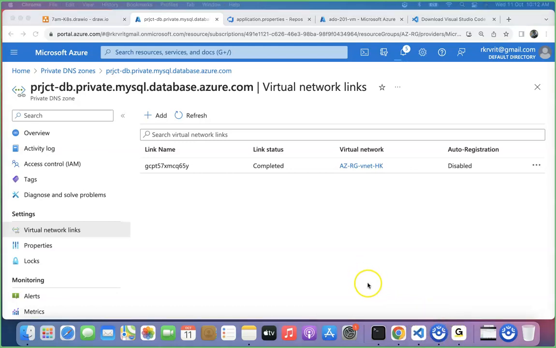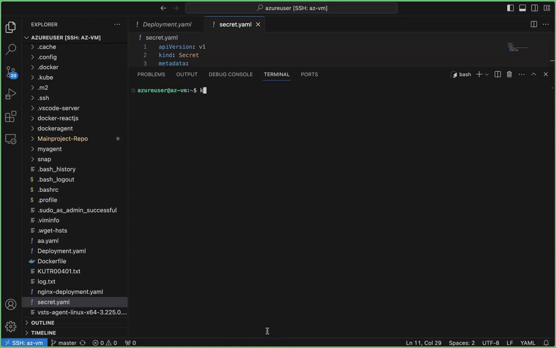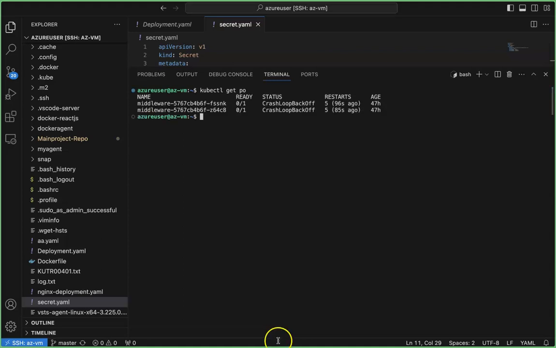Go to Visual Studio Code. This is a communication link failure, meaning it was unable to form a connection. You just go there and clear it out. kubectl get po. I'm applying get po. See, it is waiting in CrashLoopBackOff. You know why it is going for this? Because of your